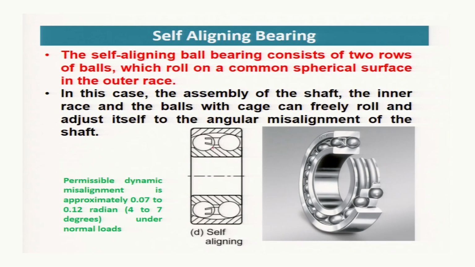That means here you see the outer race is having this type of groove and the inner race has two separate grooves for the two rows of the balls. So what happens is, this assembly, the inner race and these balls may rotate with respect to an axis perpendicular to the screen. So with the misalignment of the shaft,